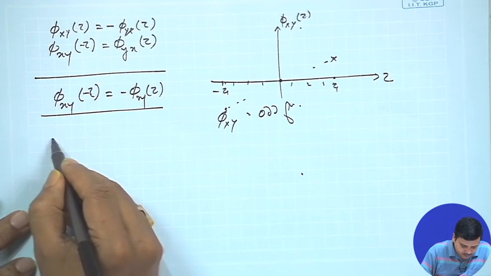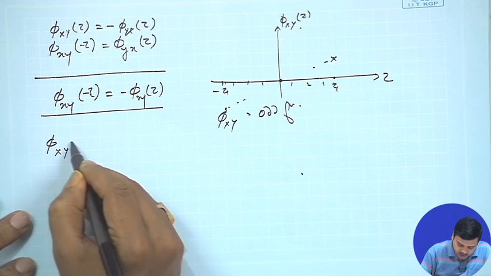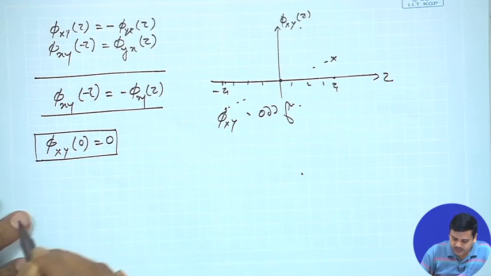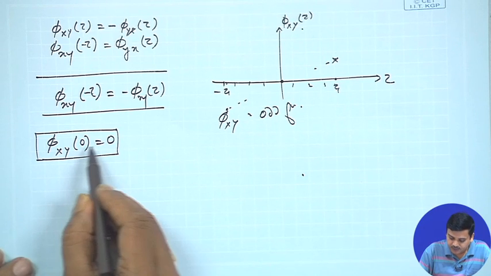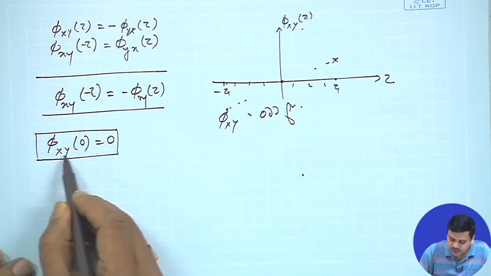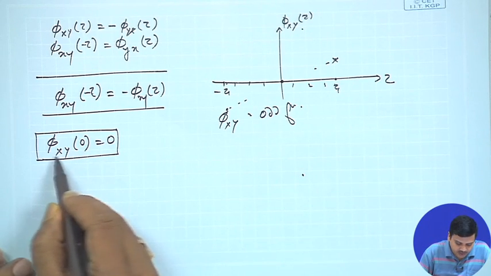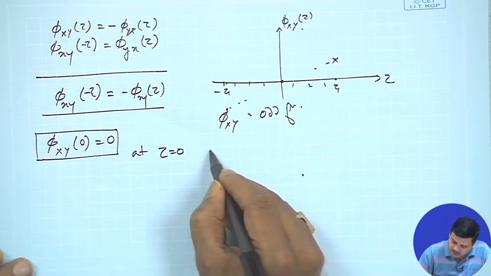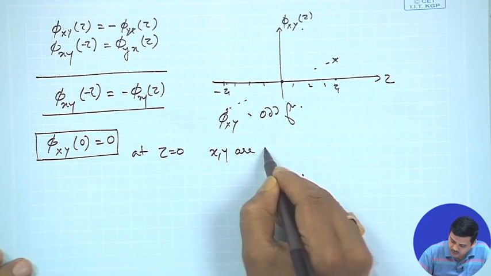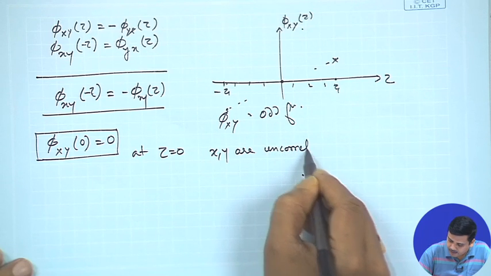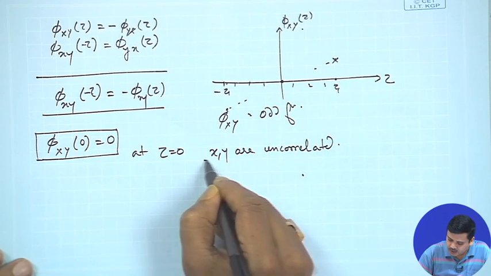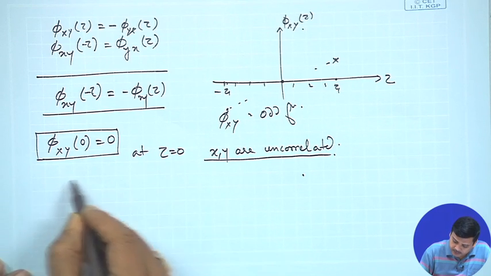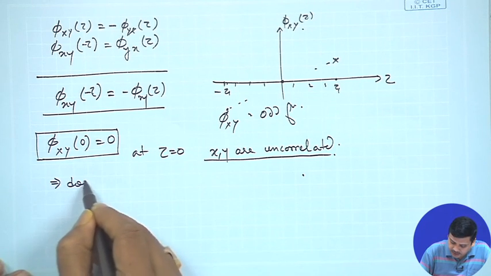phi x y of 0 is equal to 0, right. So, that means that at 0 delay you are going to get no correlation between the x and y components. That means at tau equals 0, x and y are uncorrelated. All right. But now please remember, this does not mean